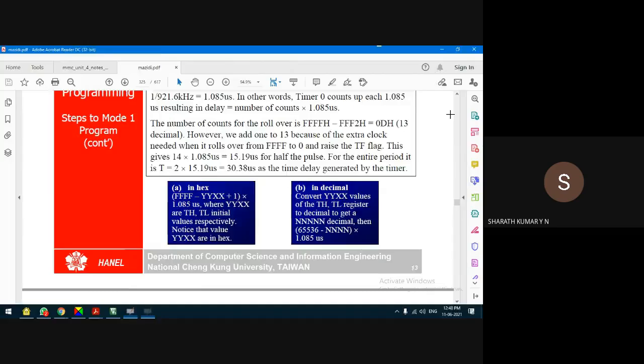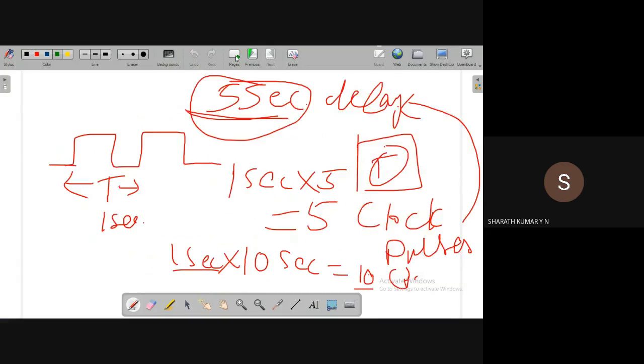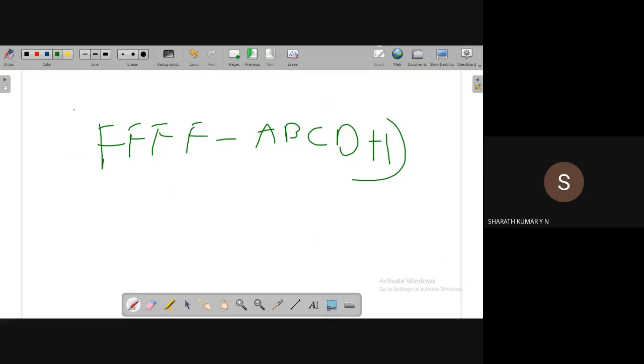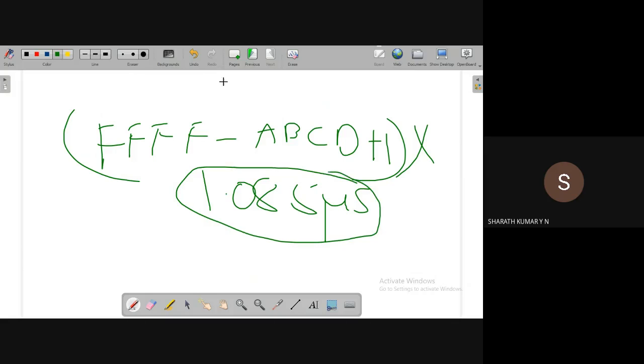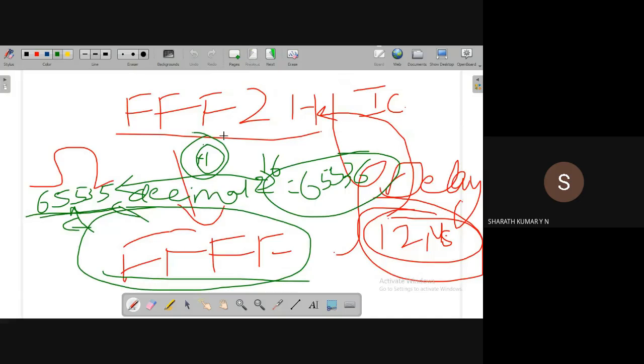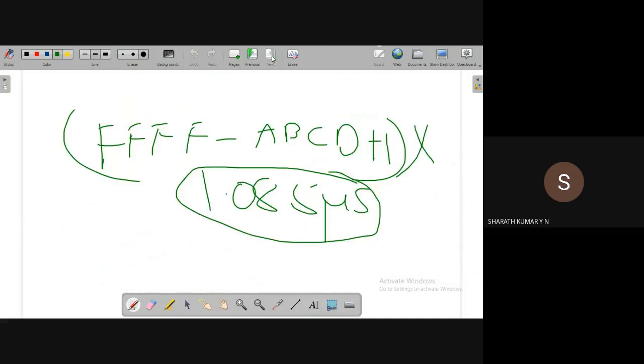Let me write it here: FFFF, and let us say the initial count is ABCD, plus 1, into 1.085 microseconds. Why it is 1.085 microseconds is because the timer is taking the clock period, and I think I have not written that. No problem.